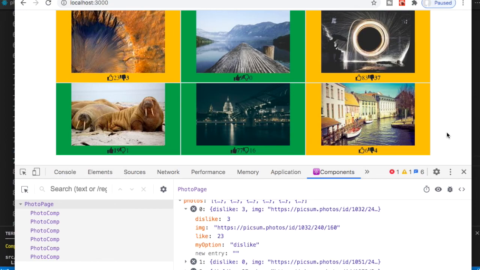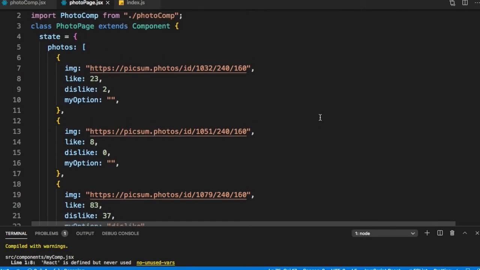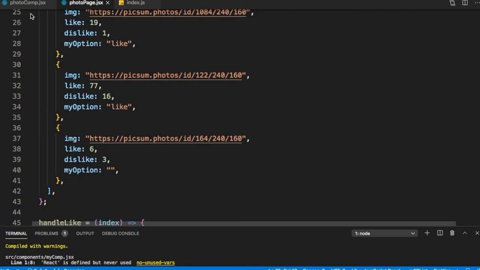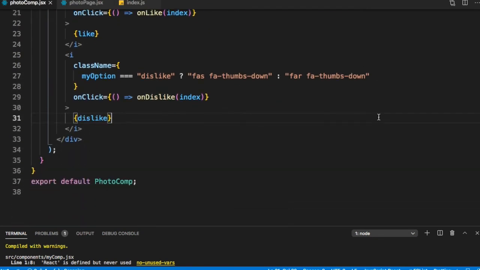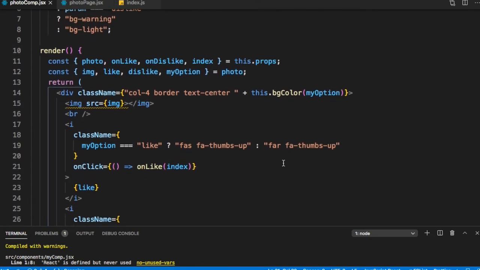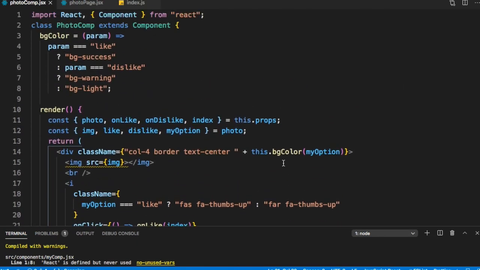So here we have been able to create this app. And if we just recap it, so we had this main component photo page in which we are maintaining all the state, and we were using our photo component to render it. Now as you can see, this rendering of the photo component can start becoming more and more rich and complicated as we keep on. So that's the advantage we have using these components. Second, this component would start becoming more and more reusable. So it can be used in multiple places, which is the advantage of structuring it as a photo page and a photo component.